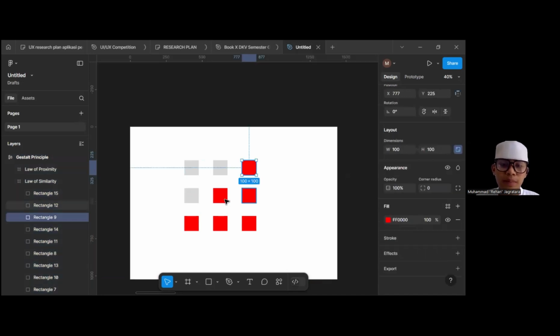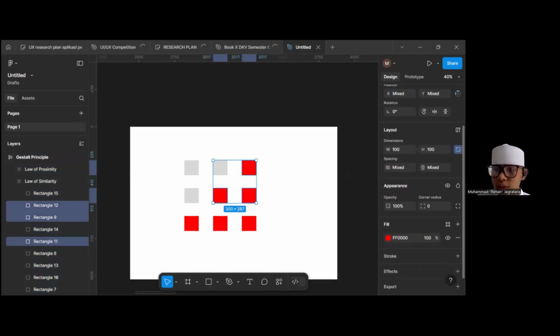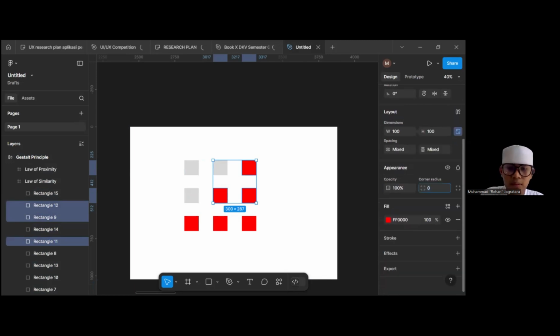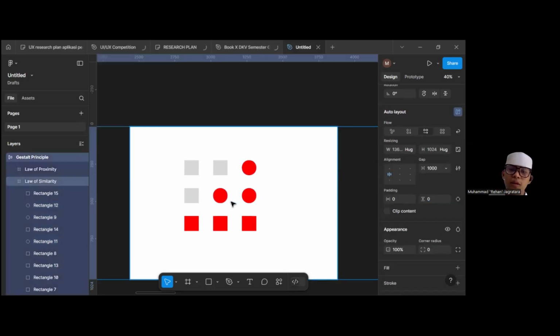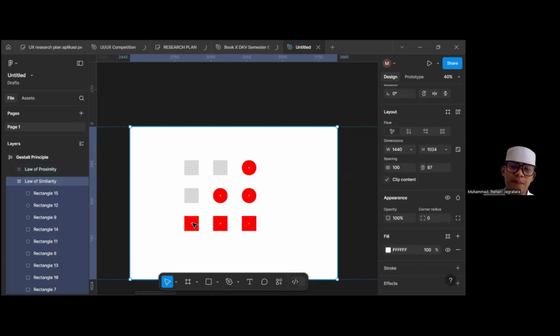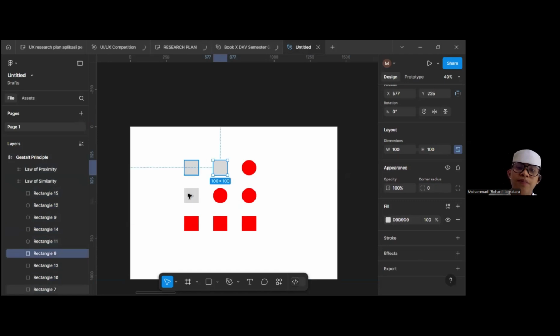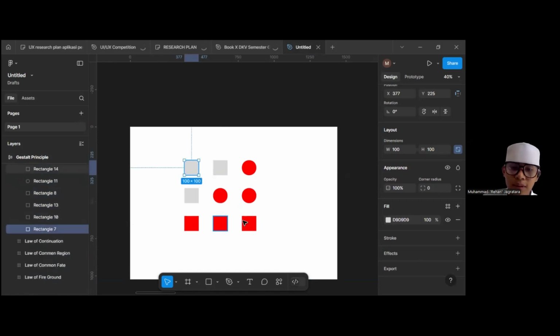Even the shape: if we change this to a circle, we will think this circle is not part of the rectangles, because our brain will recognize the shape, color, and size as the main thing.